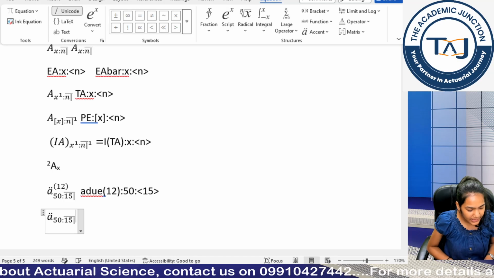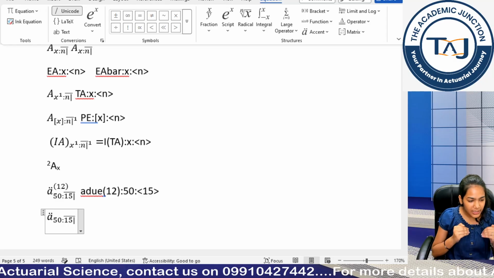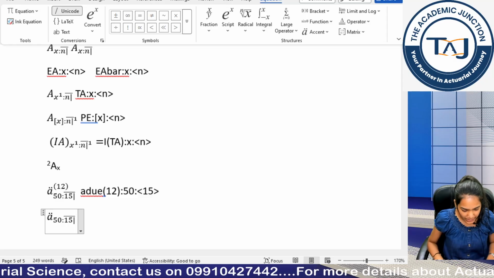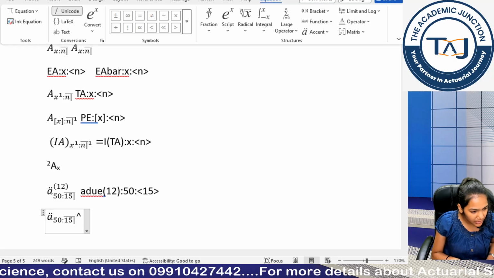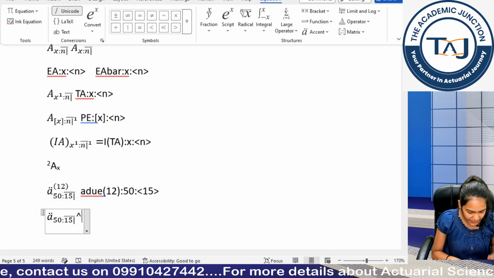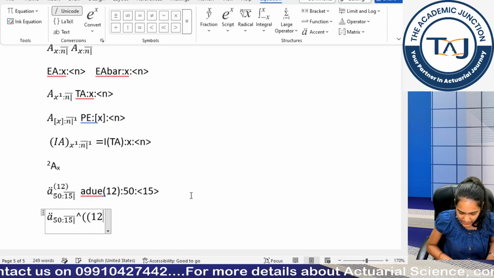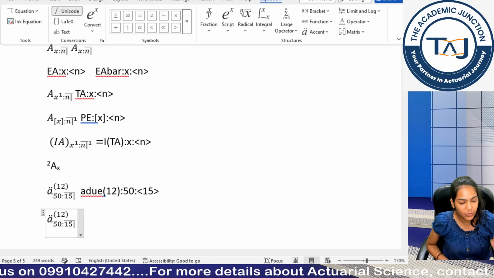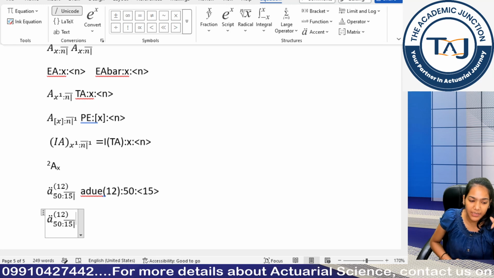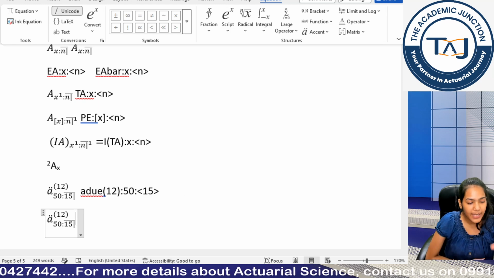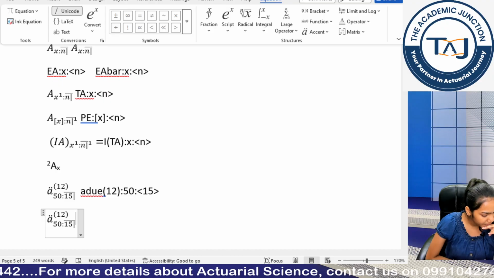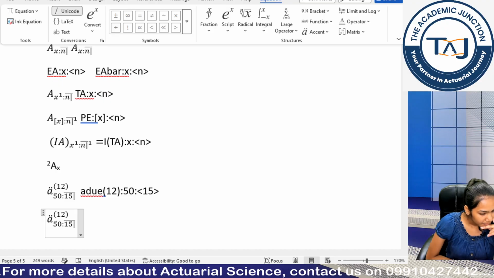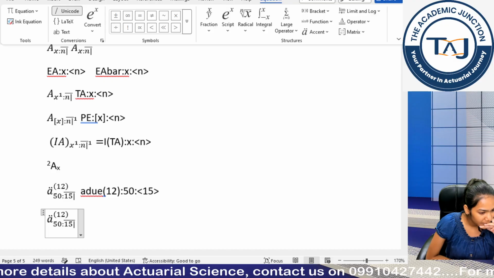Then I go to the backward side, use this horizontal bar, then I come to this forward side, then I use brackets, then I use space so that it goes to my subscript, then I use double brackets. Why double brackets? Because I want this 12 in this bracket within my 12s. Okay, that's why I am using double brackets. Clear guys?